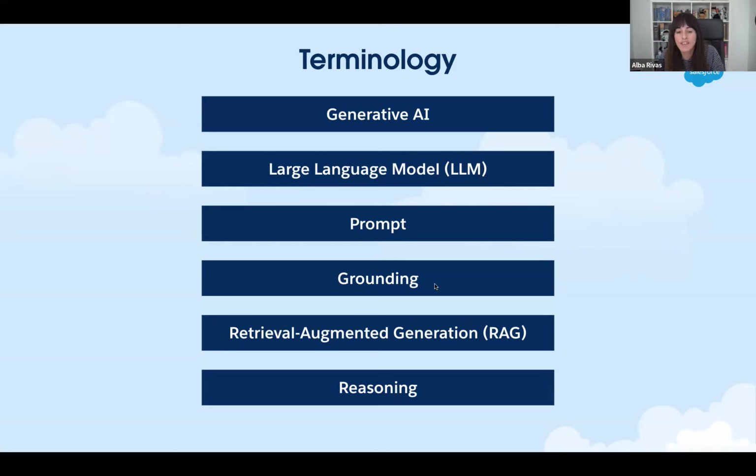So an alternative to training a model with that customer data is to ground your prompts with your customer data and send that information to the model in a secure way. And we're going to see how to do that in Salesforce. Then we're going to touch on another term, which is kind of more complex, retrieval augmented generation, or